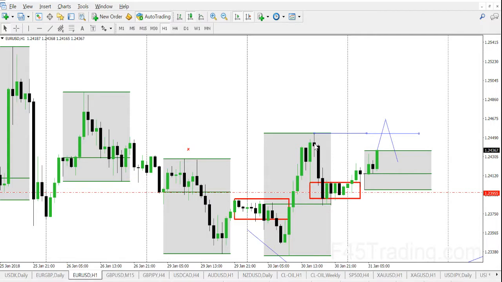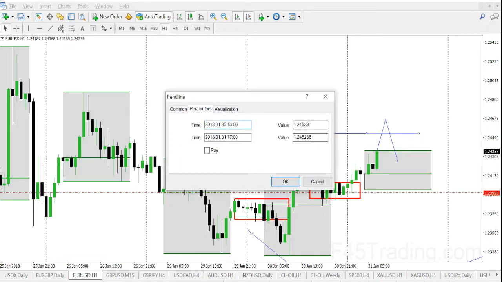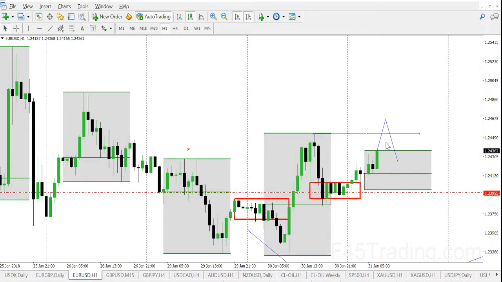And the high comes in. I want to try and be as precise as possible for you guys here. 124.53. Okay. Good enough. Okay, and then 10 pips above gives us right about,